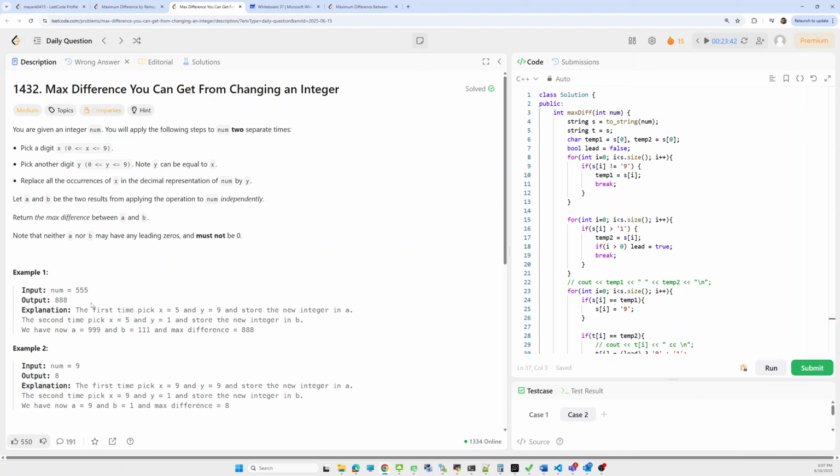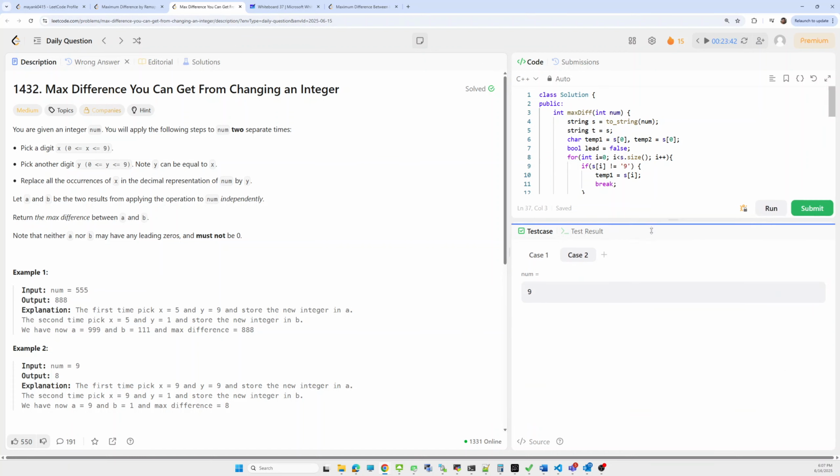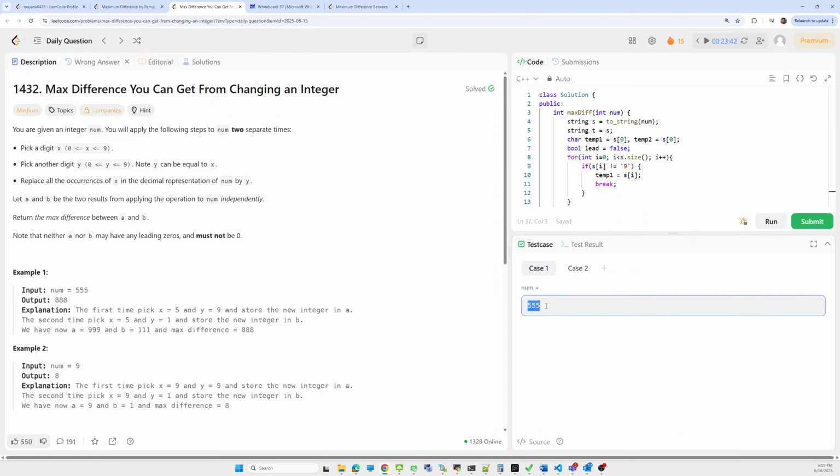But now there is one trick when making the minimum string. Let's take some example. Let's say they are giving this example, 555. For this, the maximum number we can make is 999, and for the minimum number we can make 111.